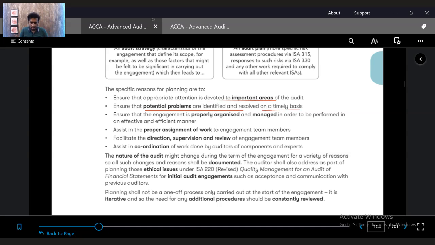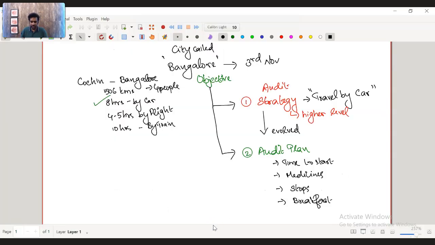So as I told you, look at this example. Let's take the traveling by car example from Bangalore. Why should I say that I have to take medicines? What is a problem that I might encounter? I can get sick. My wife can get sick. Why should I decide what time to start? Traffic problems. I want to reach Bangalore before noon or before evening. So if I start early, I can reach early. Where should I stop, so that I don't starve to death? Where should my breakfast be? Because my kids want to eat. They might sleep in the car for some time and they might wake up.